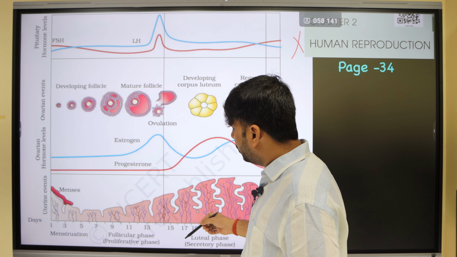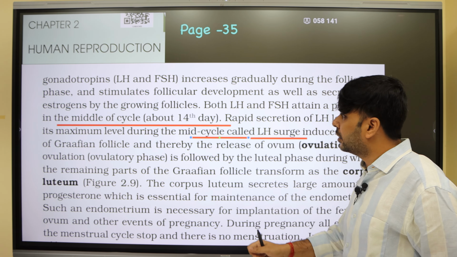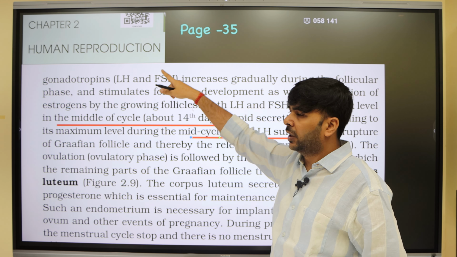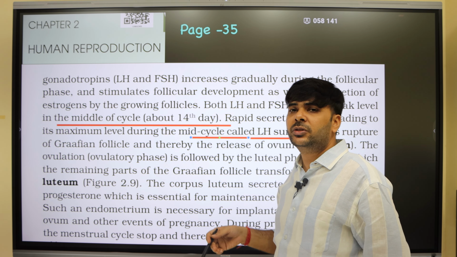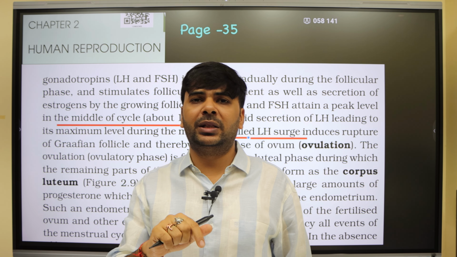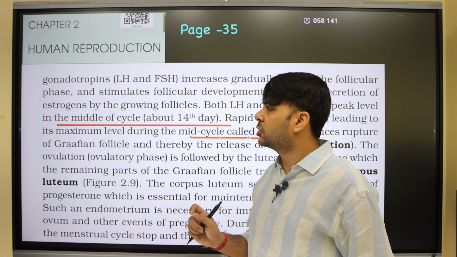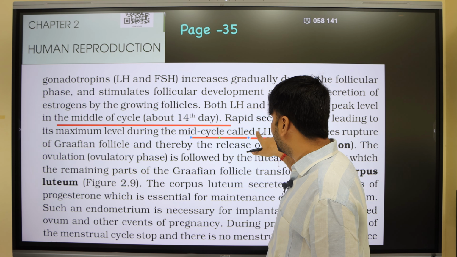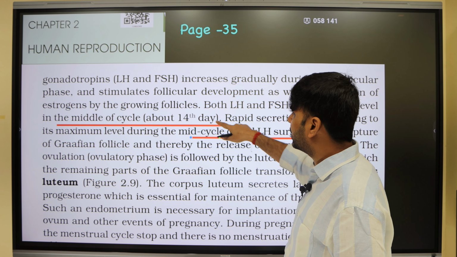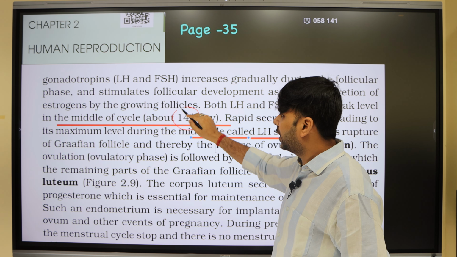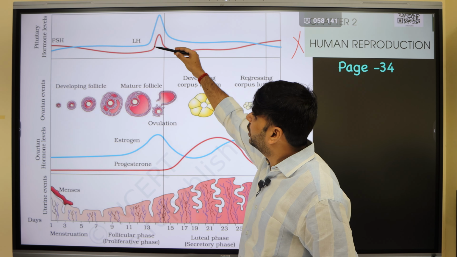So the LH surge, if we say 13th, okay. But in the NCERT content writing, page 35, what is mentioned is middle of cycle, about 14th day. So it is about the 12th to 13th day, the LH surge occurs. So the LH surge is not on the 14th day, ovulation is on the 14th day. So mid-cycle is the LH surge. This needs to be corrected in the literature, and in the graph also, a little to this side.